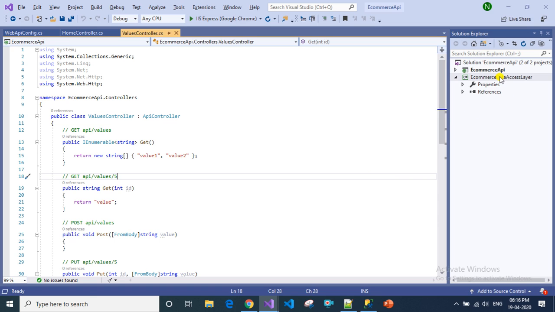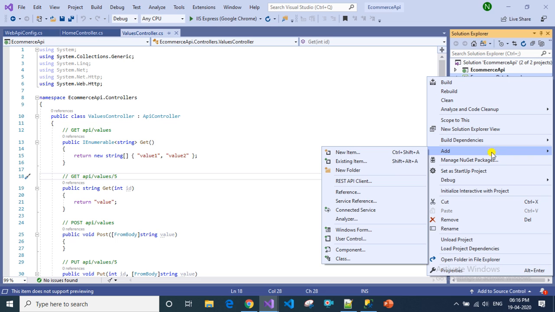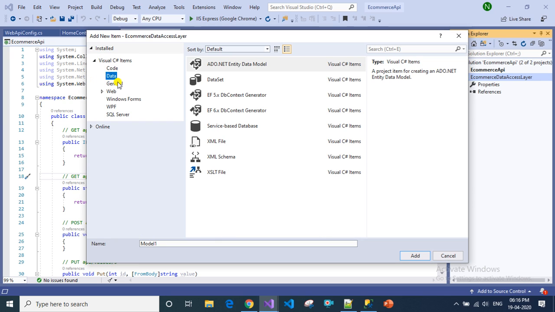Now I will add an ADO.NET entity data model here. We have to go to add and new item, click data and ADO.NET entity data model.